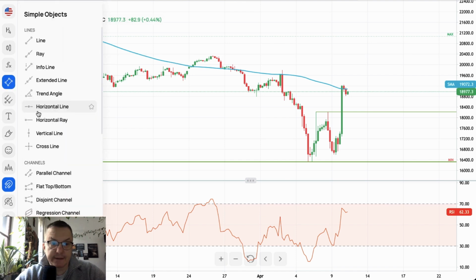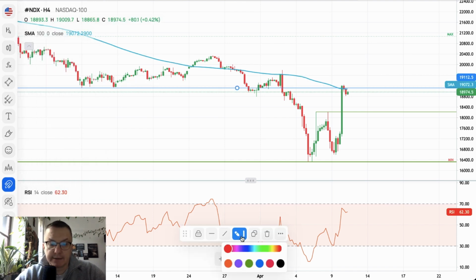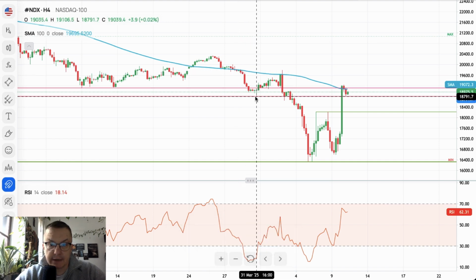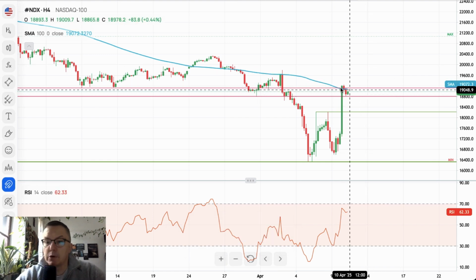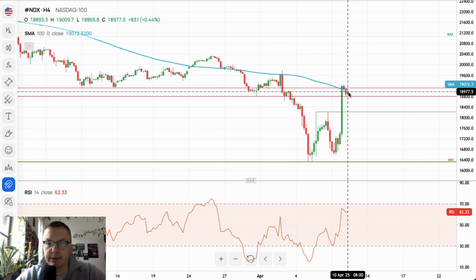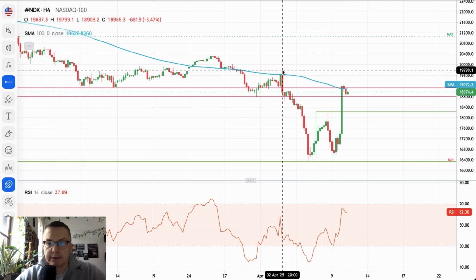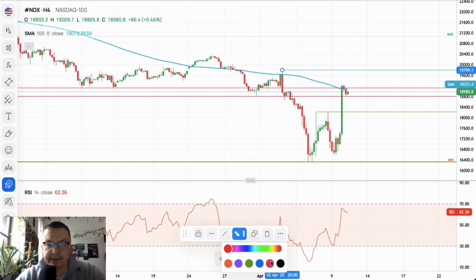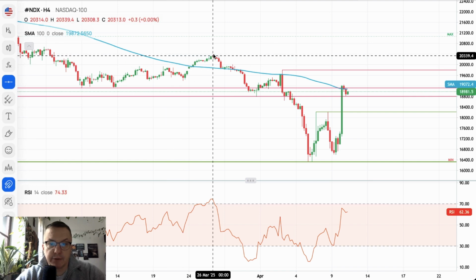There is still some kind of a level here, so we got the technical resistance. We used to have it here, and now the market slightly broke above this technical resistance, tested the 100 periods moving average. Obviously, the next target would be here, 19,799. So that's the next target for the bulls,